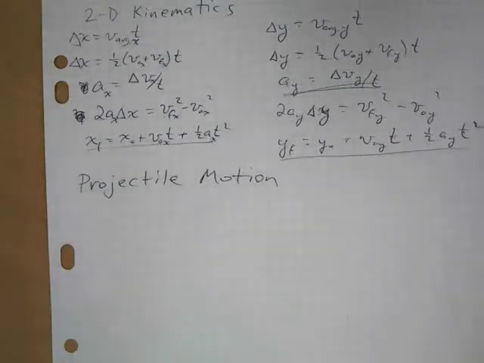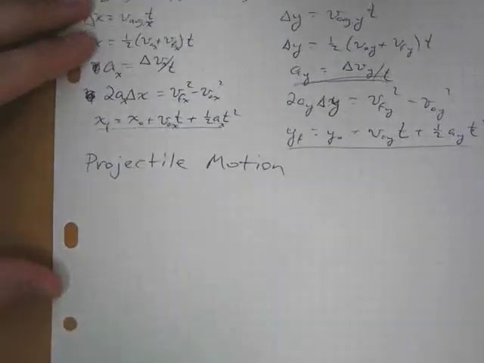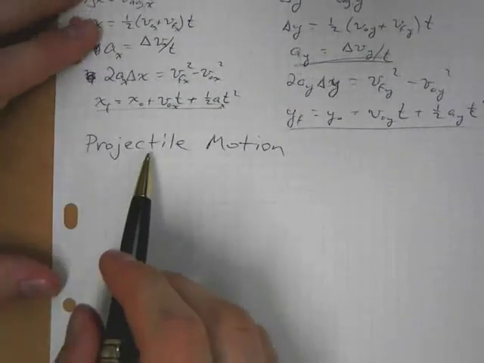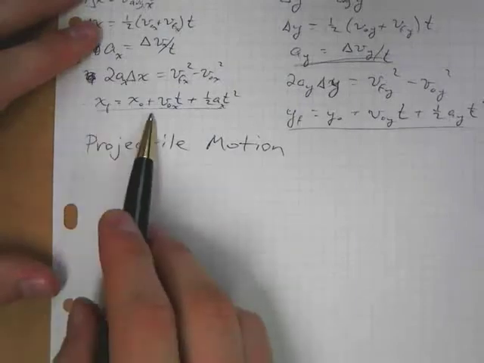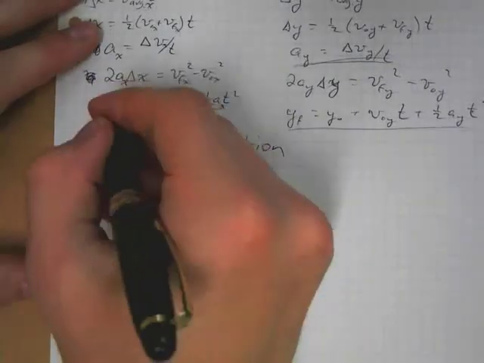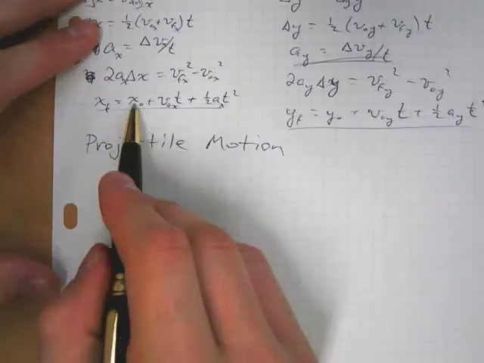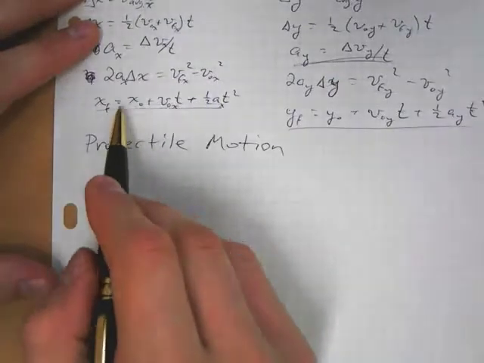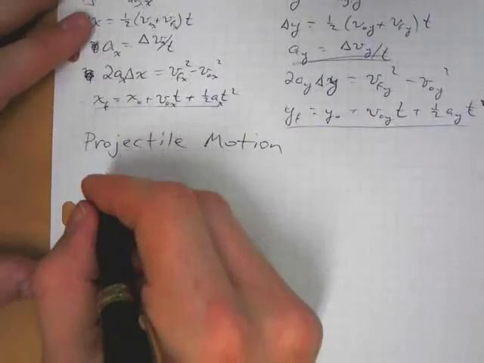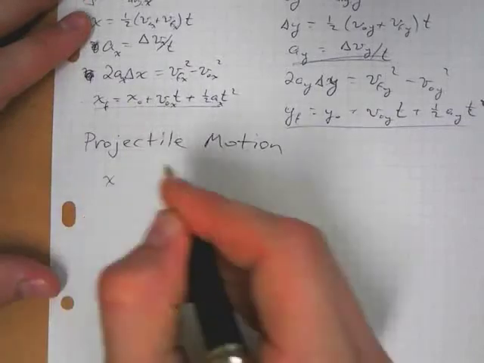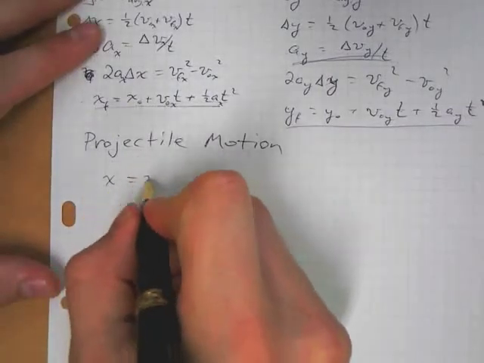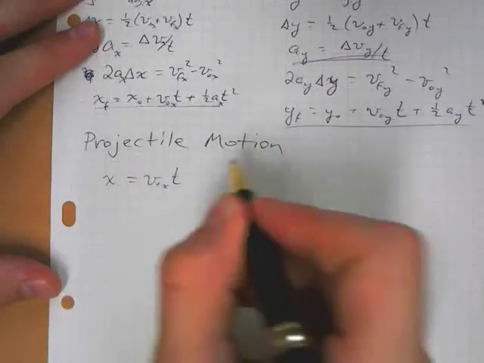And the same thing if you throw a ball through the air. Once you let go, you're not applying any more force to it. Okay? So in that case, these equations become much simpler. Generally speaking, we can call our x naught 0, just like we did with most of our 2D kinematic problems. And so we can say that our x position is equal to v naught x times time,